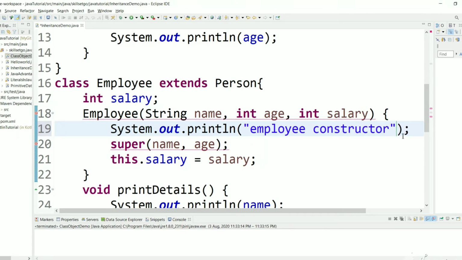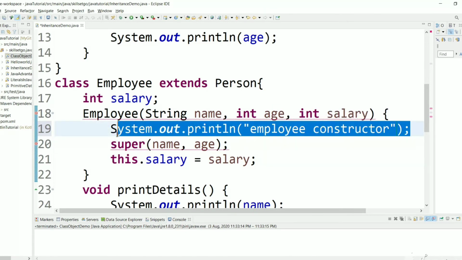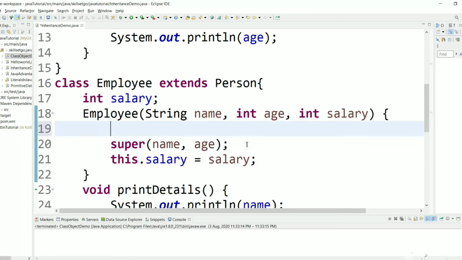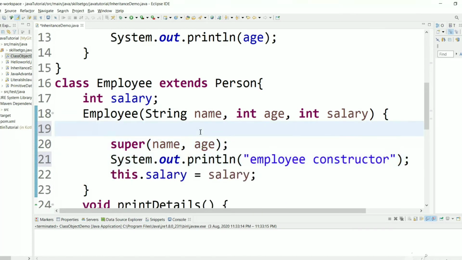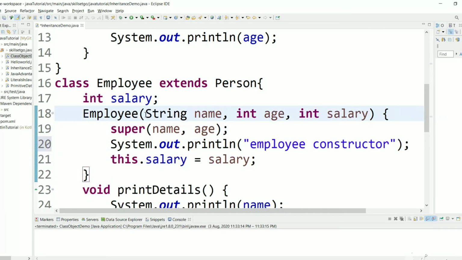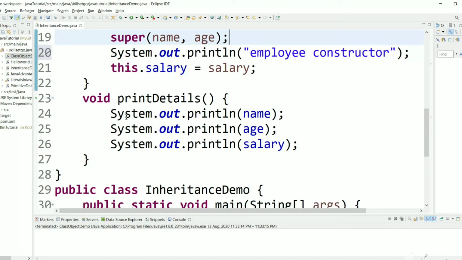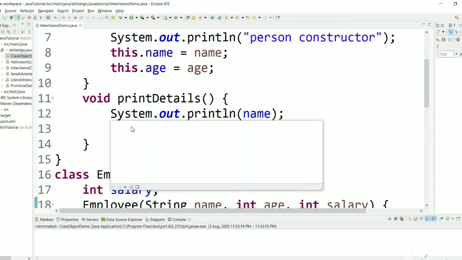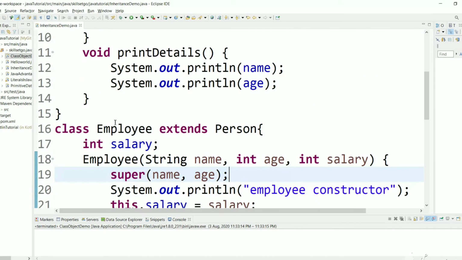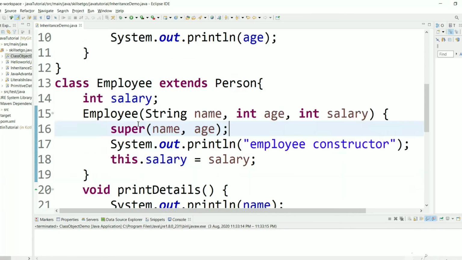Now we are getting an error because the first statement in the constructor should be a super call, not any other statement. So now we have created inheritance in Java. Person is a parent class and Employee is a child class.